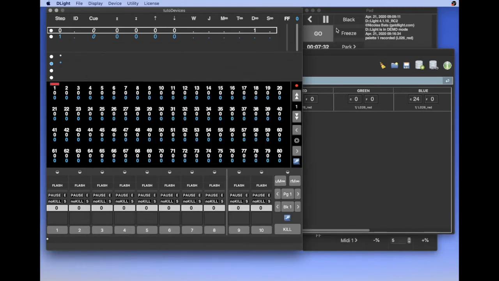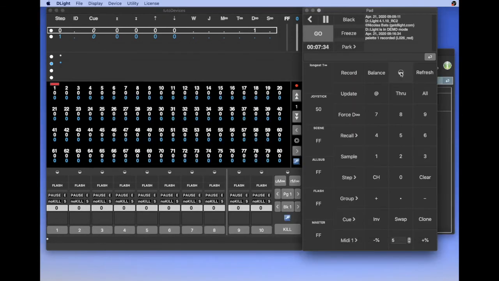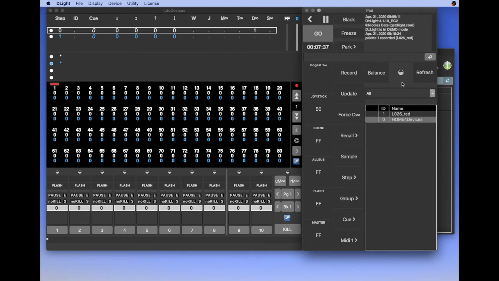Here in the pad, when you double click or click here, you have access to recorded palettes. Home for a device is a general, basic, standard state, which is automatically created.